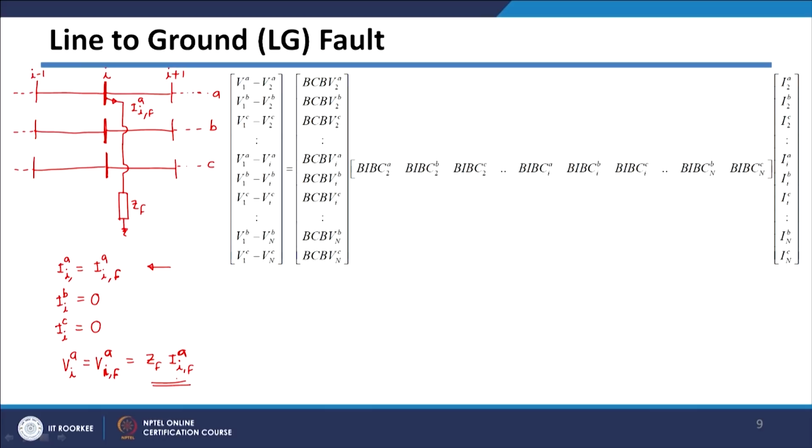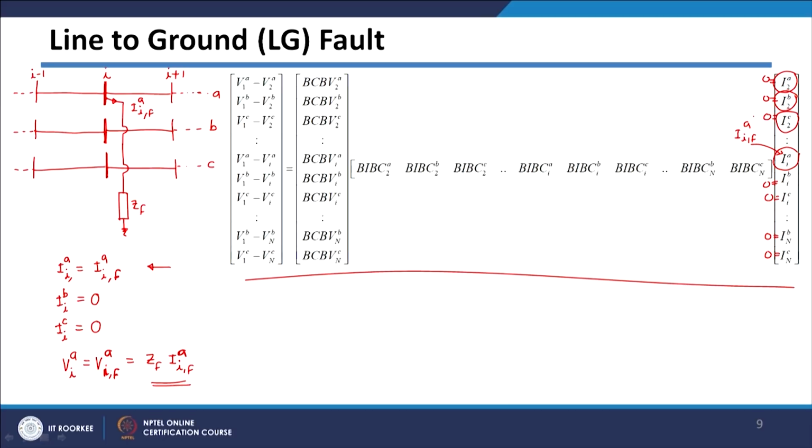So basically we have the BIBC and BCBV matrices in a generalized way, and if you see, which entries of this system will change? As I told you, all other currents are becoming 0 except the current of phase A, because they will be negligible. So only this quantity will be non-zero, and this quantity will be just the fault current in A phase. All other quantities on the right hand side of this matrix will be equal to 0. So all the currents will be equal to 0.